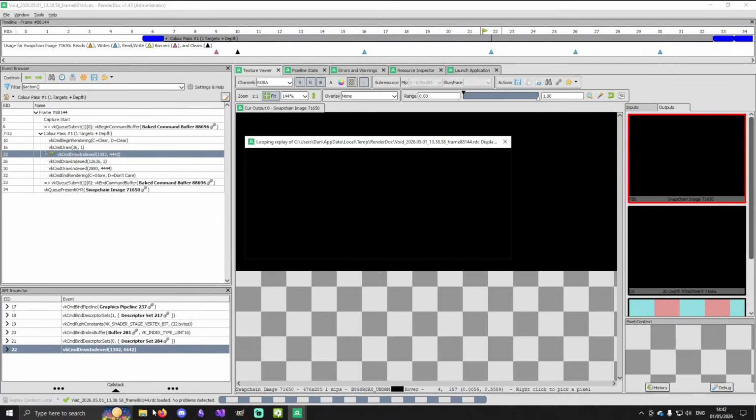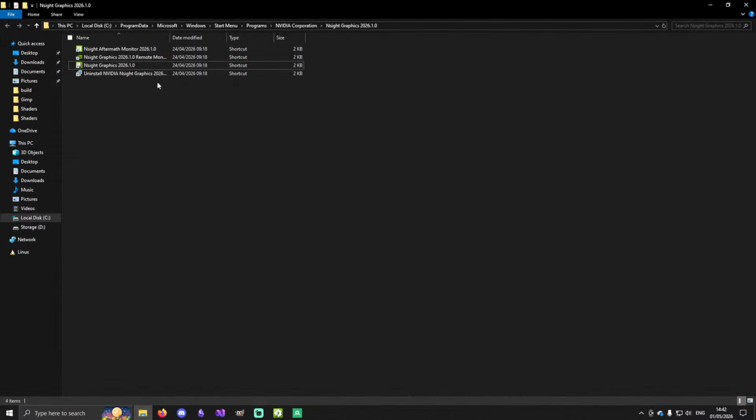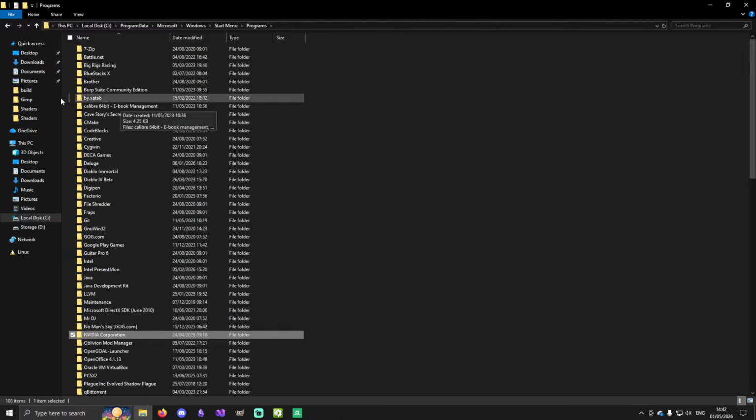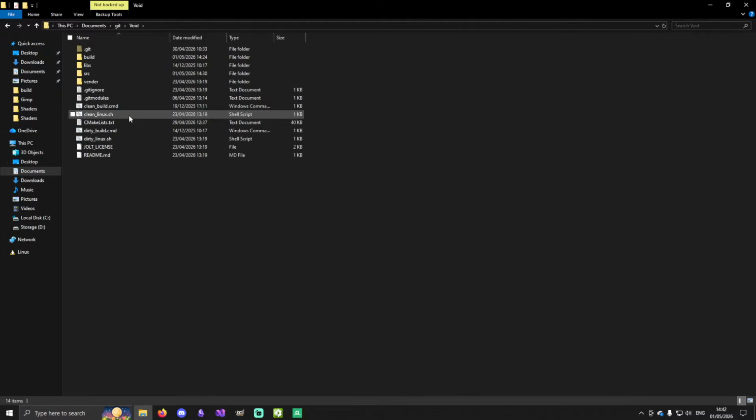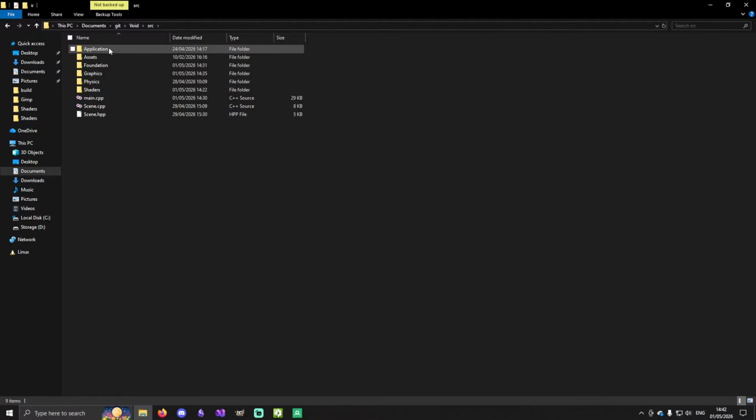Yeah, maybe let's just check if everything... You know what? I think I've realized something. It's nothing. It's just me not updating the shaders. I haven't updated the shader. I always make this mistake. I think it might be